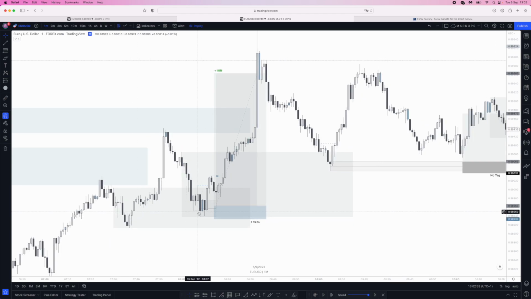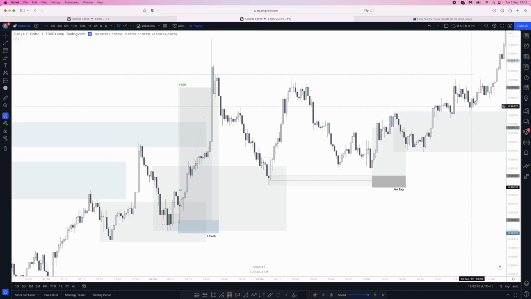So we've had a take of the low, a take of the high, so we've had our change of character. We've come back down, tapped into here, and I ended with a 3 pip stop loss and targeted 10R. This trade did actually work out. And then moving on, what we'll see